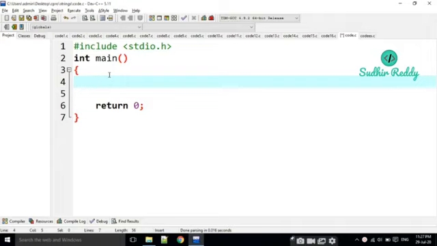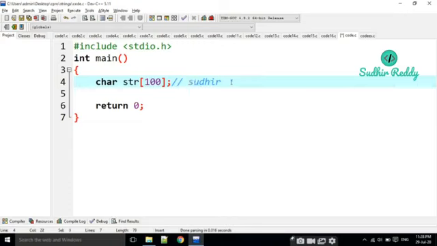Now I am going to declare char str of 100. What is a string? A string is a character array. For example, this is an integer array, which means we give some integer values and they are stored in continuous memory locations. If we replace integer with character, these are strings. Character by character it is going to be placed. For example, SUDHIR, this is the 0th index, 1, 2, 3, 4, 5, like this.